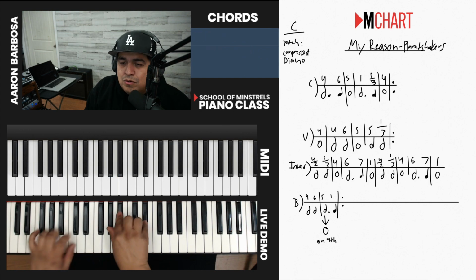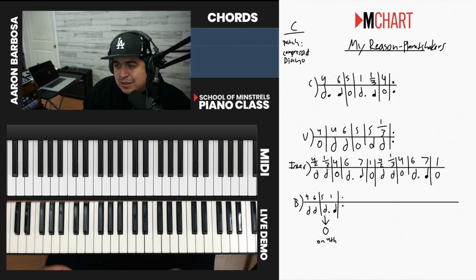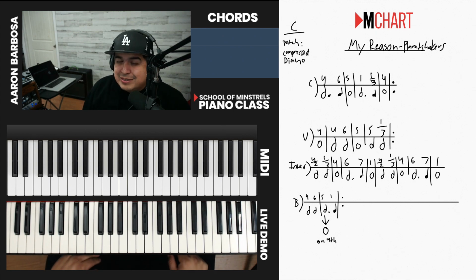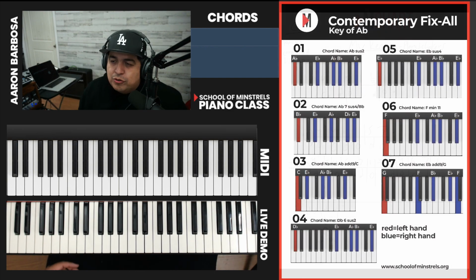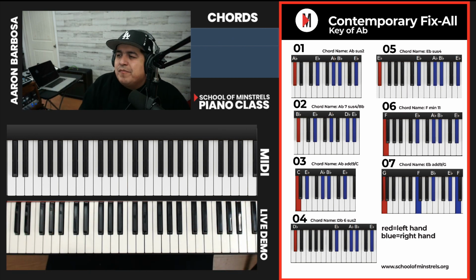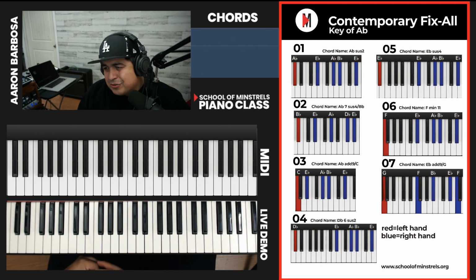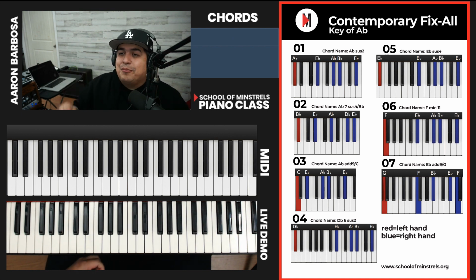Like there's so much that you can do with these contemporary chords. And so there they are in A flat this week. We were learning them. Of course, this song is in B flat, but the key that we're learning this week just so happens to be A flat. So learn these contemporary chords in A flat, get familiar with them. They'll be very helpful to you, especially on Israel songs and Friend of God and a lot of contemporary type songs. Even newer modern ones are still using these contemporary chords.